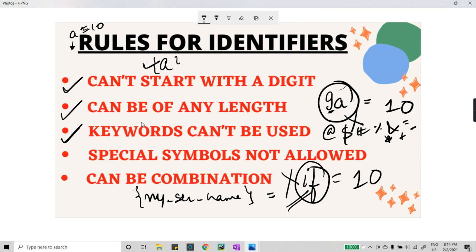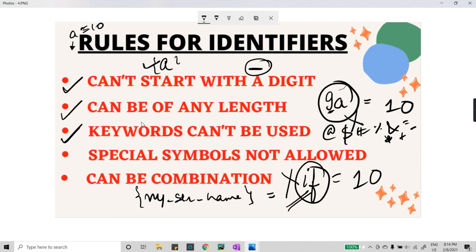There is a special symbol that is valid, and that special symbol is underscore. You can use this underscore while writing your identifiers and variables, but other than this underscore you cannot use any other special symbol.